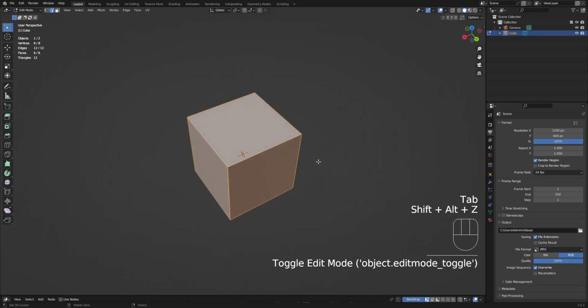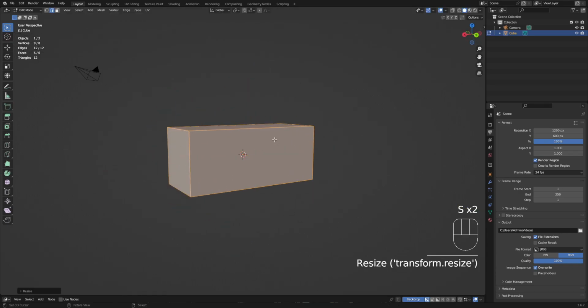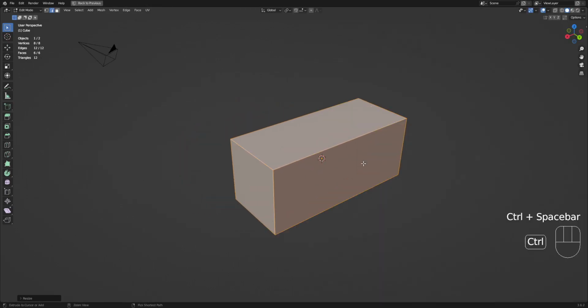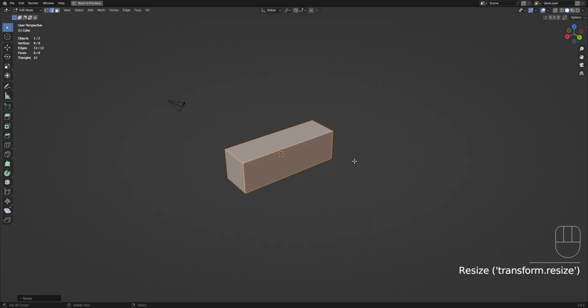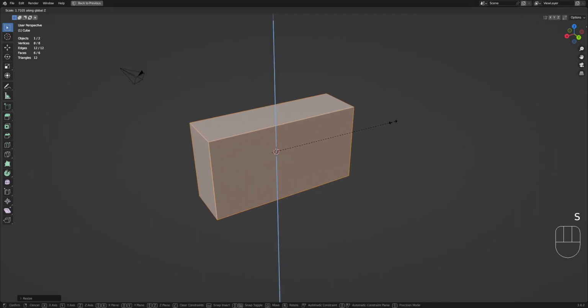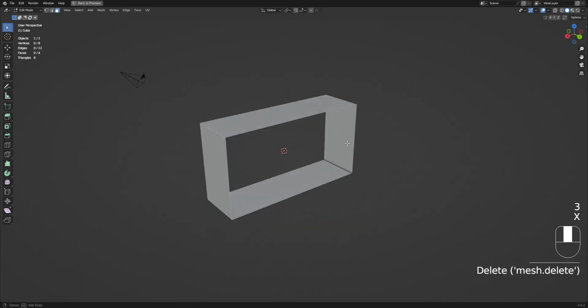So let's build the base mesh. Once you finish, we're going to fix the topology. Make sure that it's lower poly for the array to actually work optimally with the resolution, with a lower resolution. So let's get rid of this center